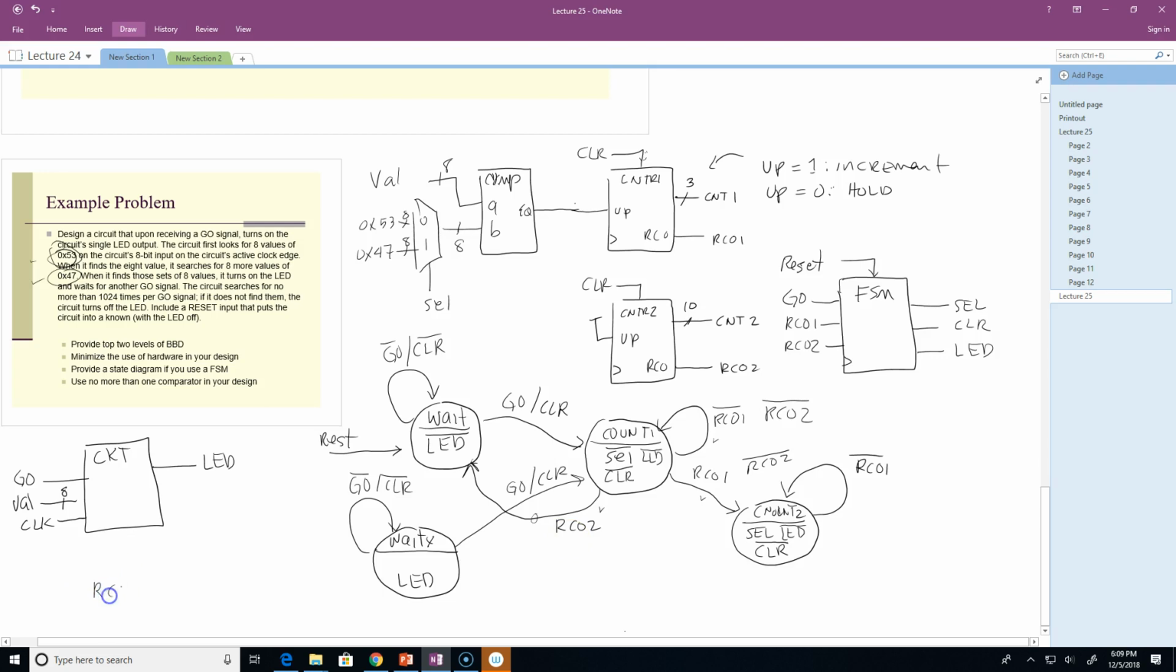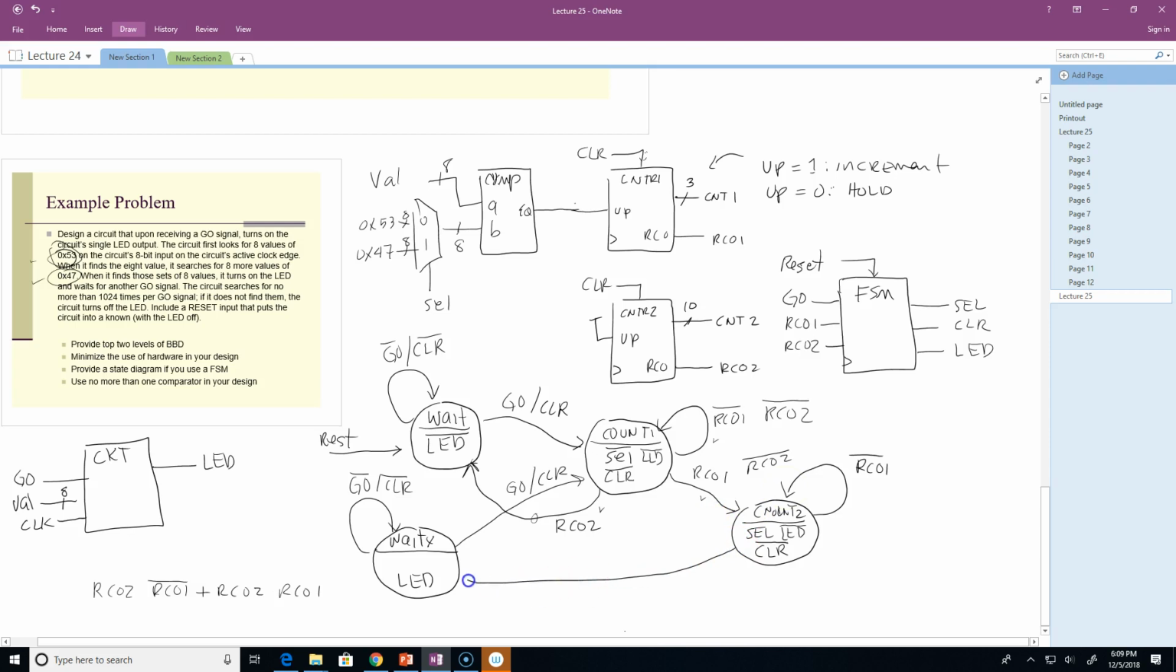So this becomes RCO2 and RCO1, plus RCO2 and RCO1 don't care. Okay, so I can actually take this little equation here and factor it, and it becomes RCO2. That's, once again, what little I know about factoring Boolean equations. Okay, so looks good. I need to deal with this second state, and